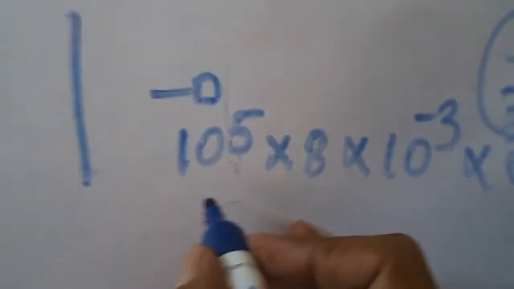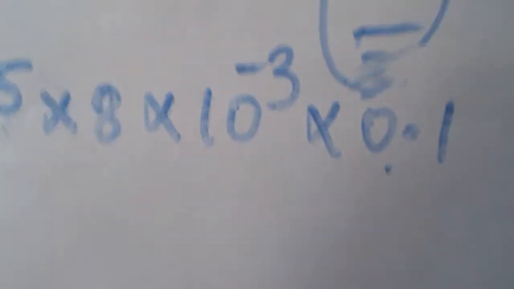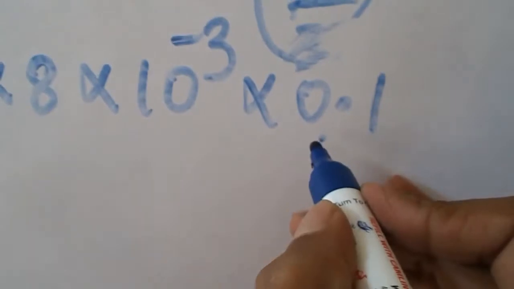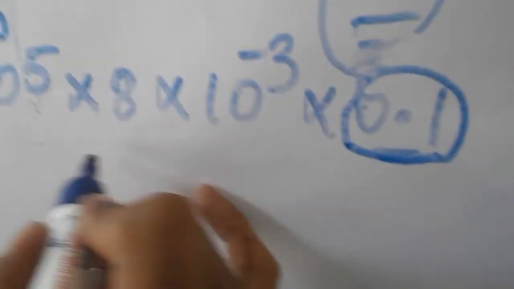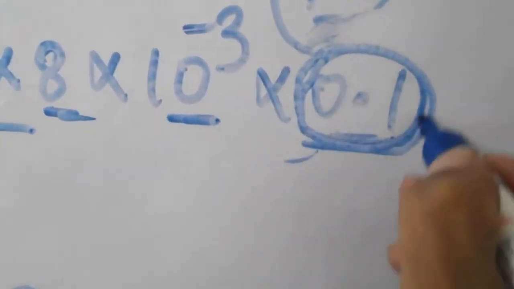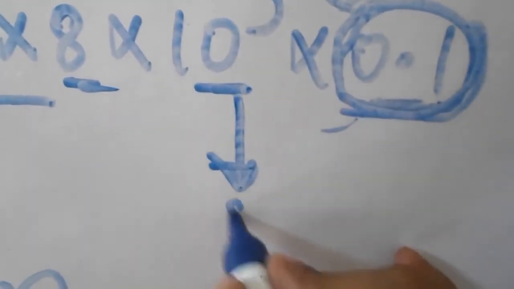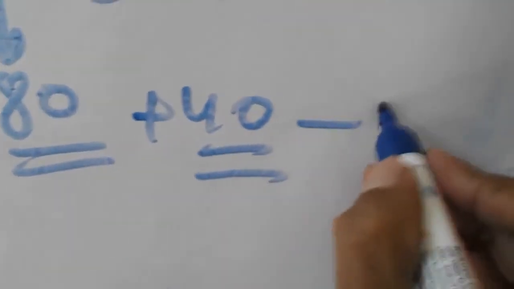You know guys, when I was calculating the work done by the atmosphere, I had made a mistake. I had not calculated this. What I had done was 10 to the power 5 into 8 into 10 to the power minus 3. That is for 800. I had just forgotten it. Okay, so it will become 80, and 80 plus 40 will become 120.